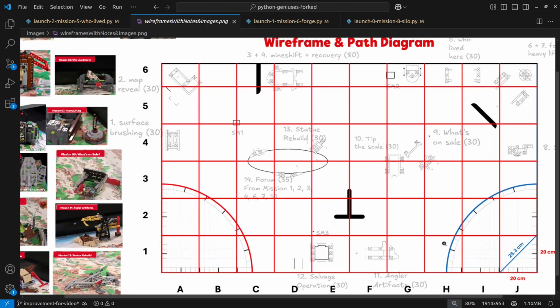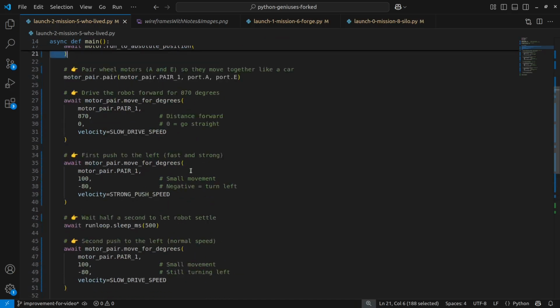So for that we're gonna put our robot between H and I and ask the robot to move forward, and then when it gets close to it we're gonna make this red stick move to the left, all the way to the left, and then after that the robot can just come back. So looking at the code,